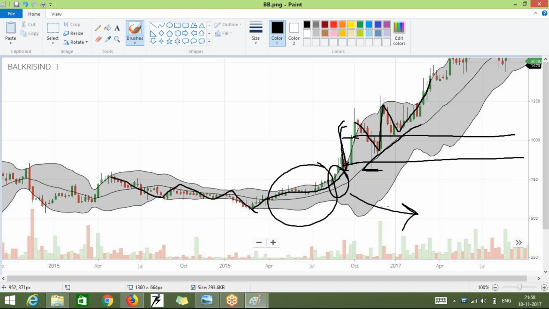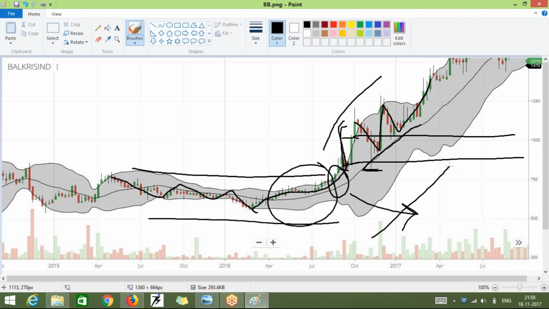You can note down Bollinger Band squeeze, and after the Bollinger Band squeeze is formed, this range is called, in trading language, Bollinger Band expansion. This is where the Bollinger Band expanded to this level. So this is the first way. Actually, what Bollinger Band tells you is the absolute strength of any script.